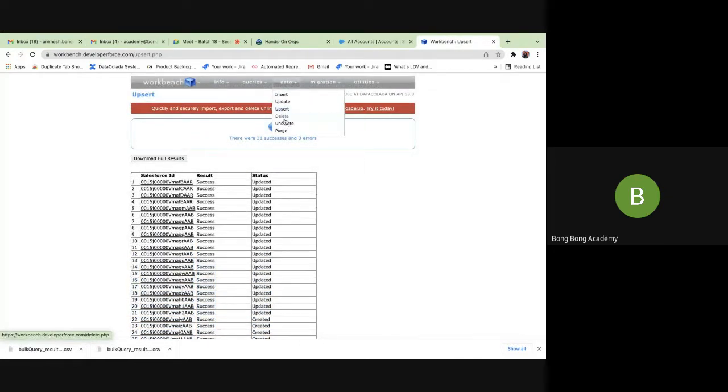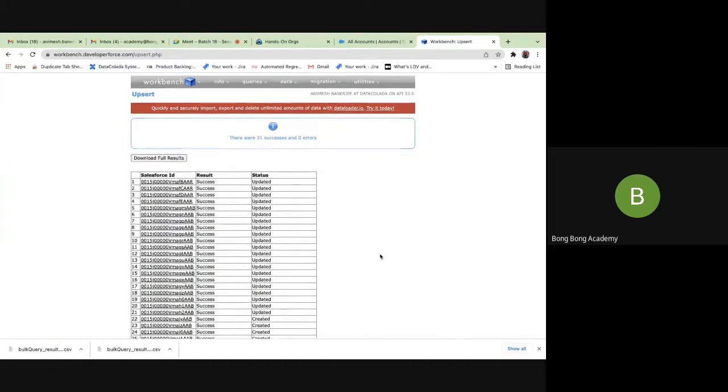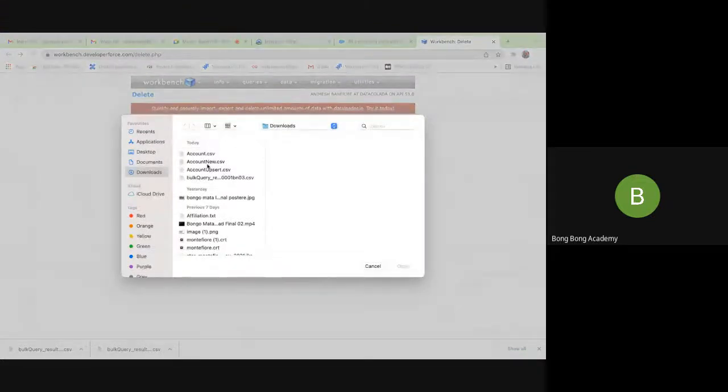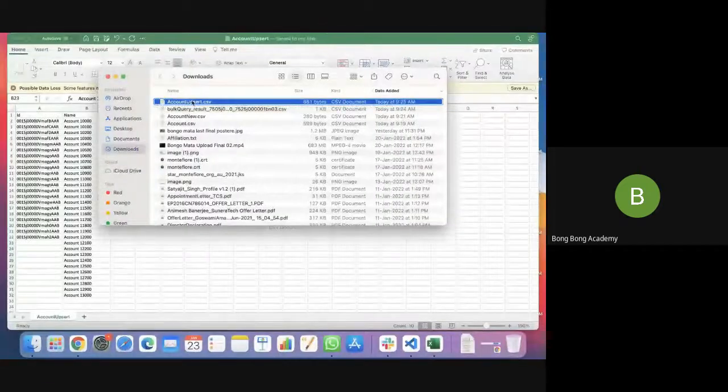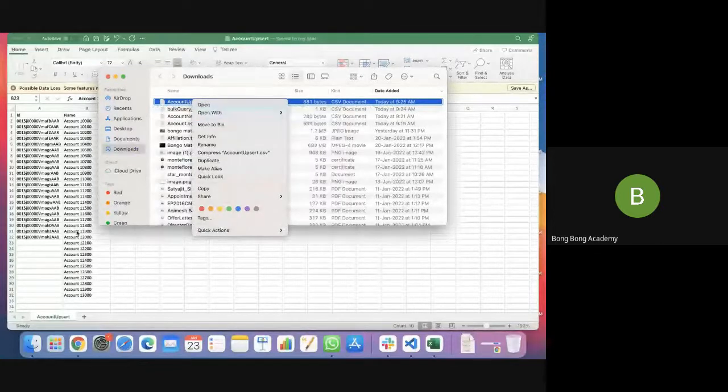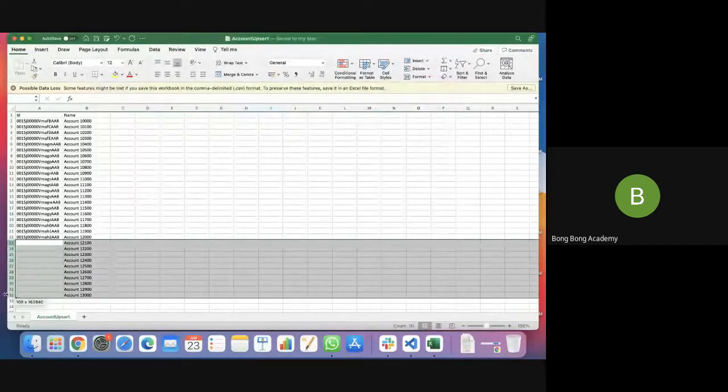So in the same operation, you can do insert and update both. That is called upsert. What is a delete operation then? Delete operation is just deleting the records. So let's now delete all these existing accounts, not all, maybe a few. So whatever we created, right? The account edit file, I will use that same file for deletion. You only need the ID. You don't need anything else. The account upsert file I cannot use because there are rows which do not have IDs. So I will probably remove these ones.